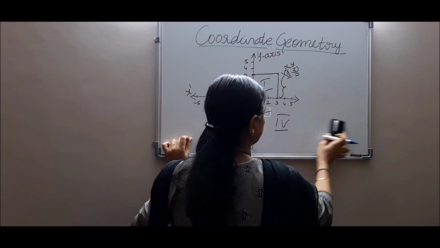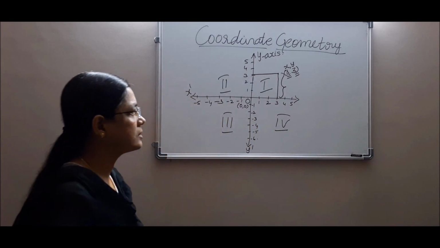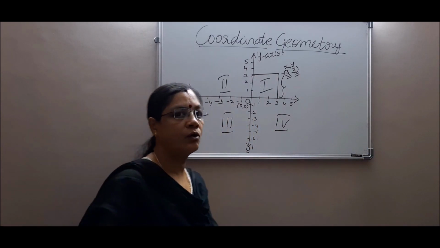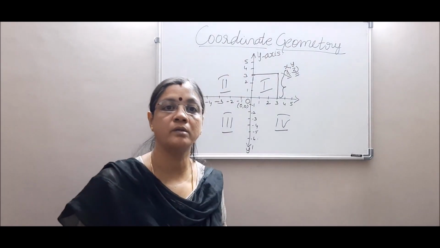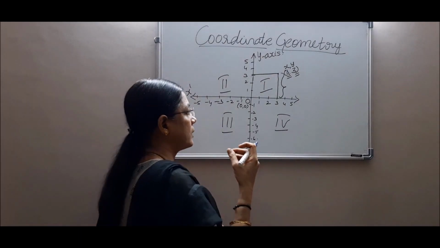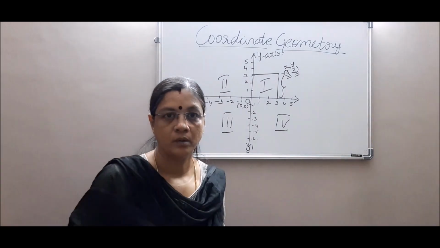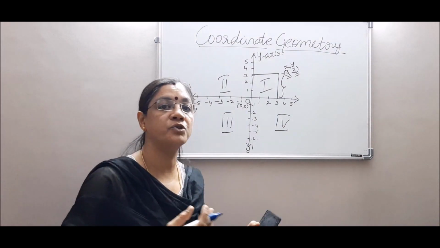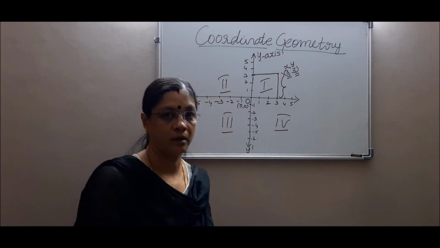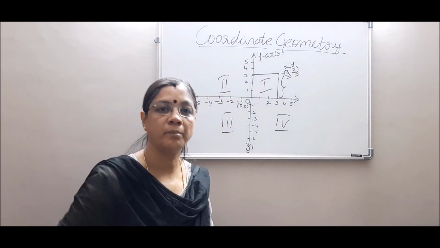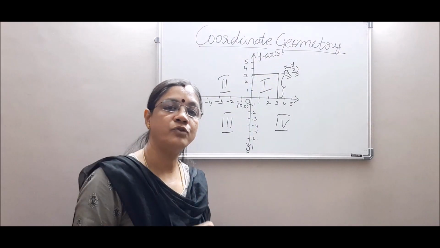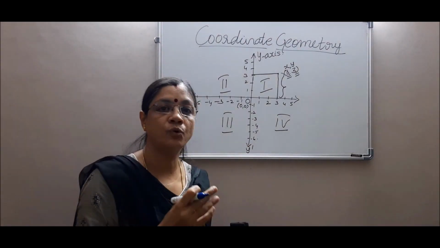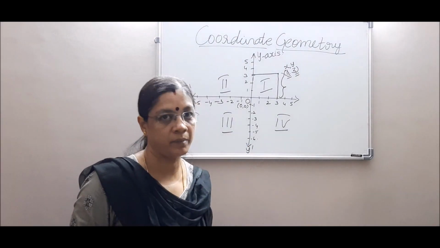Now, what is this Cartesian plane, or the Cartesian system of coordinates, or marking the points, used for? As I said earlier, it is used to find the position of a point in a plane. When I mark a point in a plane, I have to understand its position. I have to know the position where it stands in the plane, isn't it?